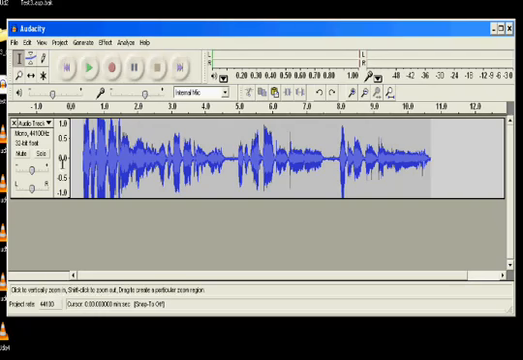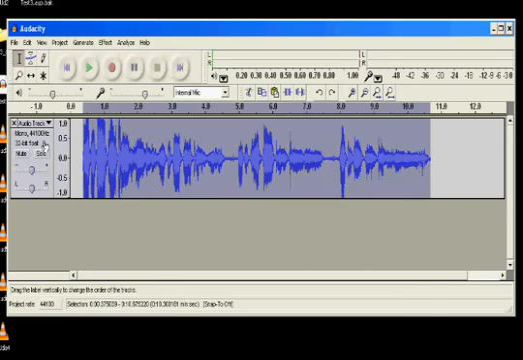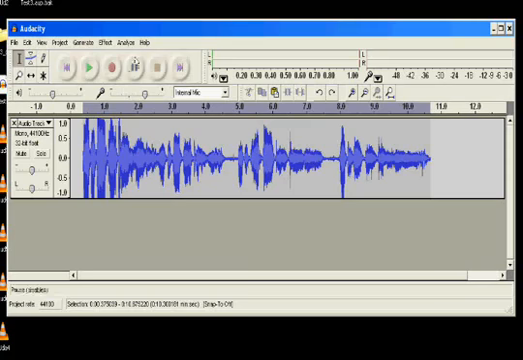Now, right now, you can see if I highlight it, the whole track is highlighted. If I push the record button, it'll record into this track. I don't want to do that. I want to deselect it so that when I click record, it'll create another track. For example,